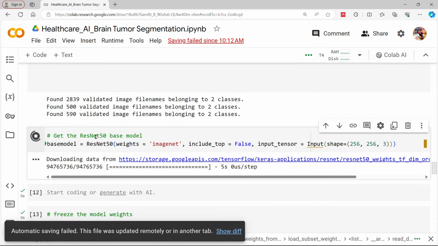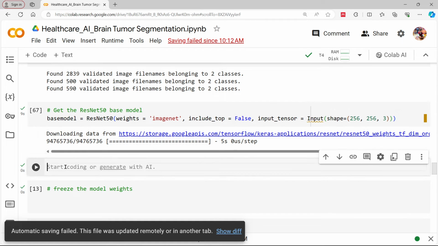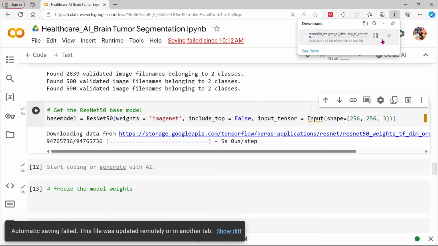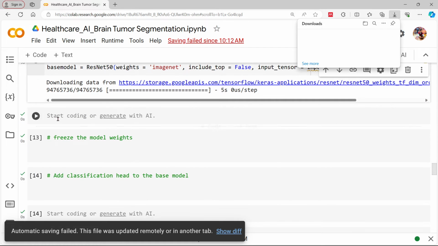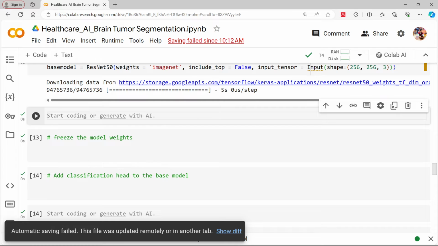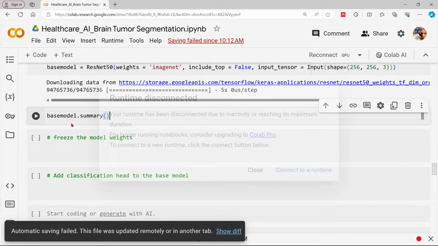So these weights are openly available, right? These are the open source weights, and anyone can download them here. If you go here, you see this is the downloadable file. I'm going to stop it here. Once we have the base model for my ResNet 50, then we have